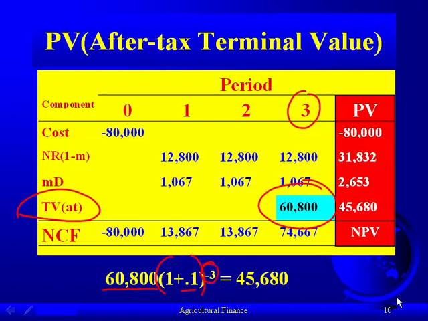And your calculators, again, that's very easy to do because you put 3 in, 10% I, don't even have to, those are already in fact in your calculator. You zero out the payment and you put $60,800 into your future value key, compute the value, and it comes out to be $4,680. Now that we have the present value of each of the 4 components, we sum them up to get